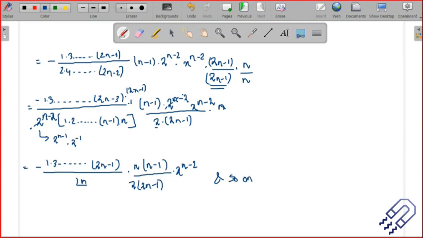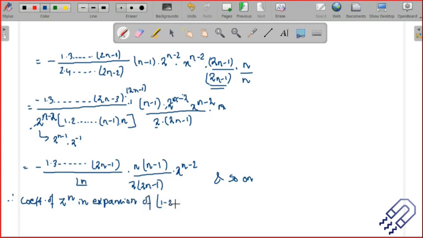What do I mean by this? It means that I have done the last term, I have found out the coefficient of z to the power n in the second last term, and then I can keep on doing it. So that means we can actually find out the coefficient of z to the power n. Okay, so therefore, the coefficient of z to the power n in the expansion of